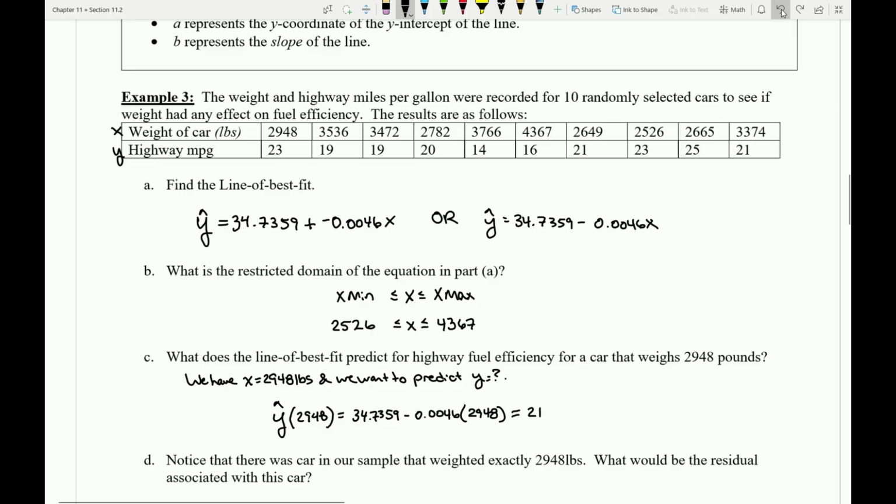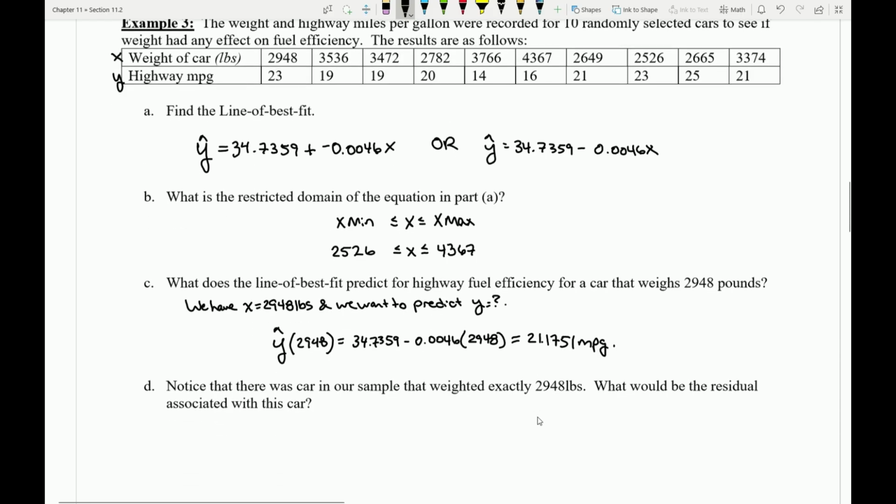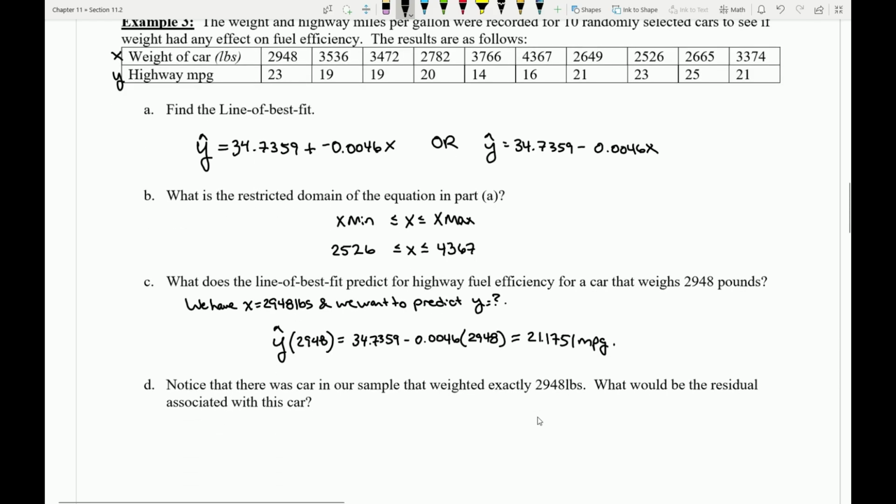So 21.1751, and that's a number of miles per gallon. So by plugging in an X, I can get back a predicted Y. Now, I don't know if this is an accurate guess or an inaccurate guess. I don't really have any way to determine that, but it is my best guess because it comes off the